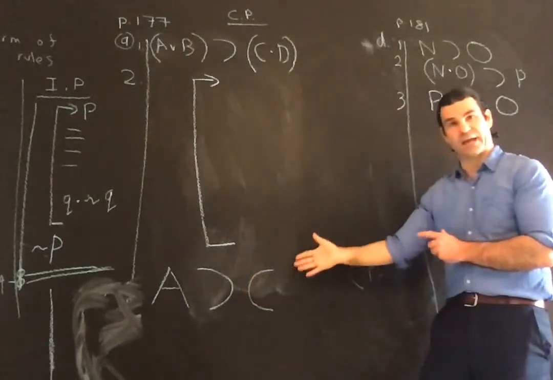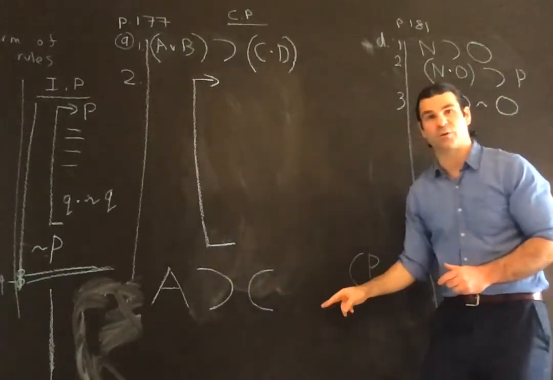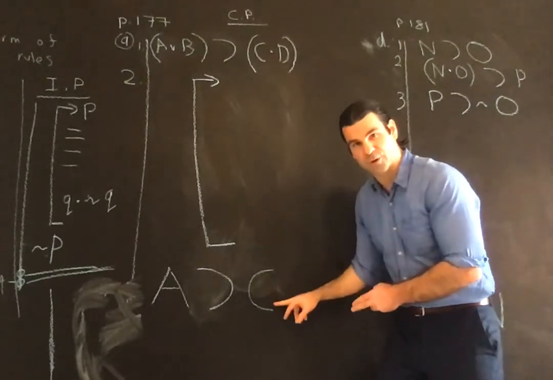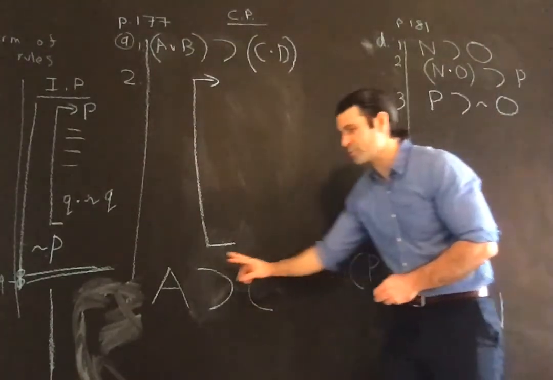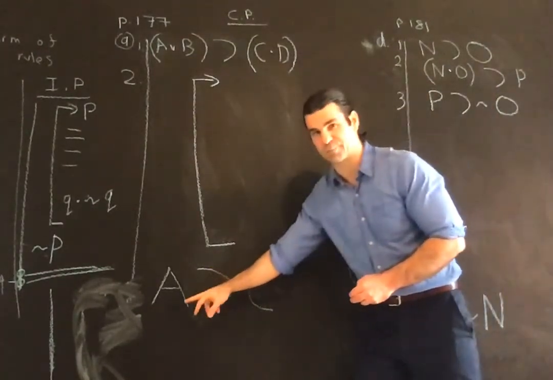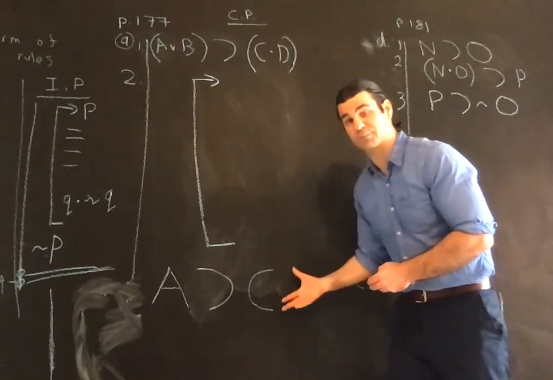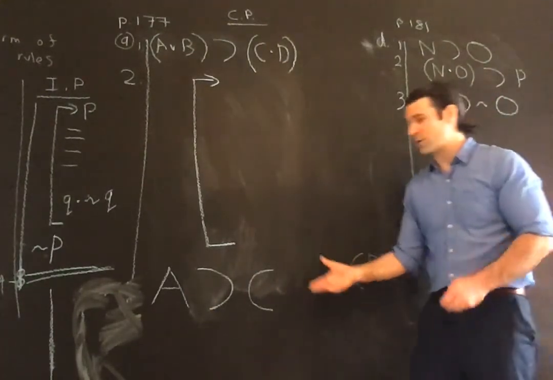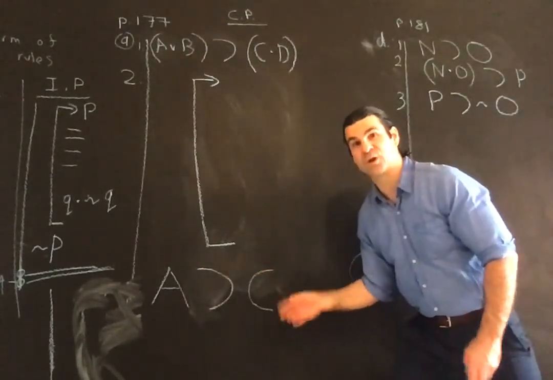You're looking at this formula. It is specifically A hook C. This is what you will infer using the rule of conditional proof. This will be the conclusion of your conditional proof subproof, and this formula, the structure of it, what its